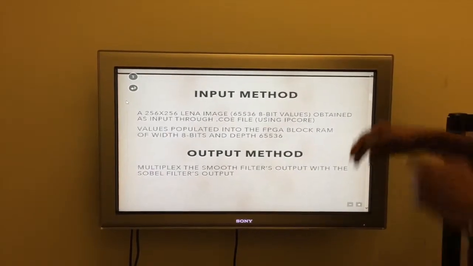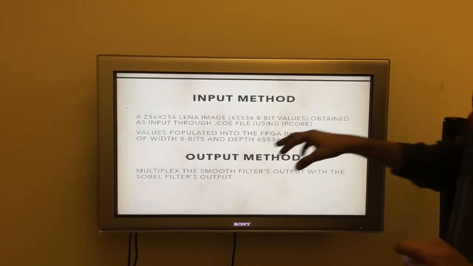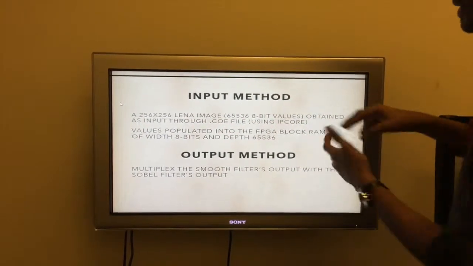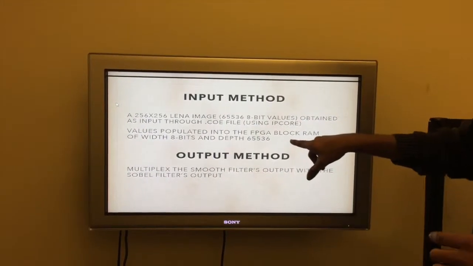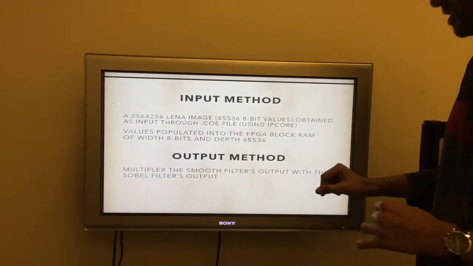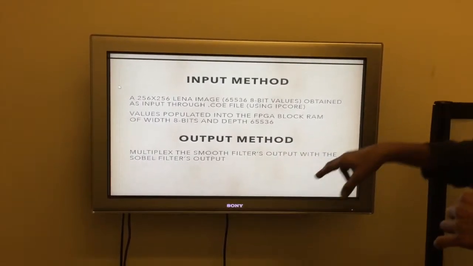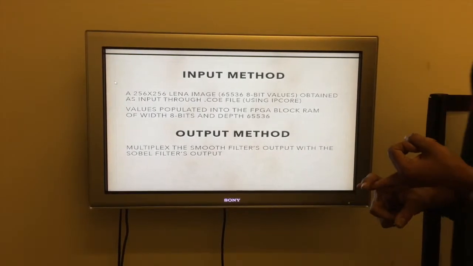So how do we take our input? We take our input by feeding in a 256 by 256 Lena grayscale image using an IP core. We feed it through a COE file to populate the FPGA block RAM, that is 8 bits of width and depth 65,536. For the output, we multiplex the two outputs, that is the Sobel filter's output and the smooth filter's output, and